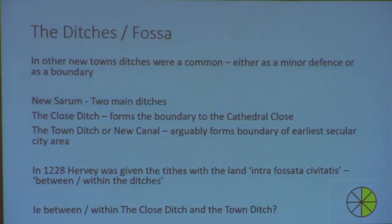So the next phase of this is the ditches. Ditches were a very, very common form of either minor defence or boundary, both historically, think of your Motte and Bailey castles, but also within new towns. It was a very quick way of delineating the boundary. And at New Sarum we've got 2 main boundary ditches. We've got the Close ditch, which forms the boundary to the Cathedral Close, and we've got the Town ditch, or New Canal, which I would argue forms the boundary of the earliest phase, or the earliest boundary of the city